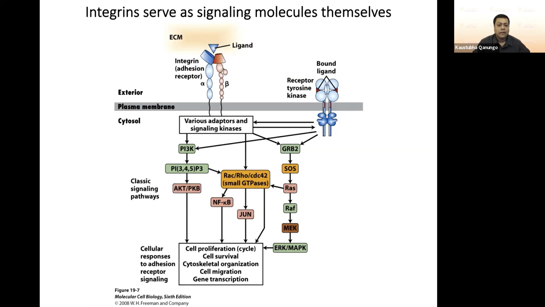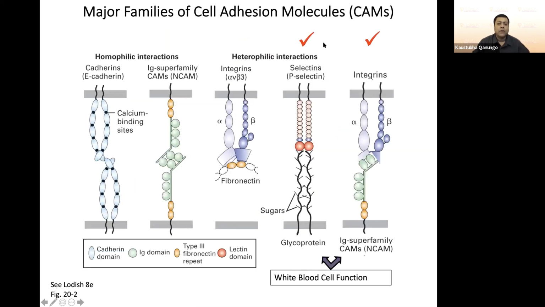Okay. All right. So after that, we are looking at two interactions. One of these interactions is a selectin, and this P-selectin with the sugars present on some of the glycoproteins, and we're going to talk about this, and also the integrin with the Ig superfamily CAMs, mainly not NCAMs, but the ICAMs. Both of these heterophilic interactions are important for white blood cell function. Not all functions, but some specific types of functions,